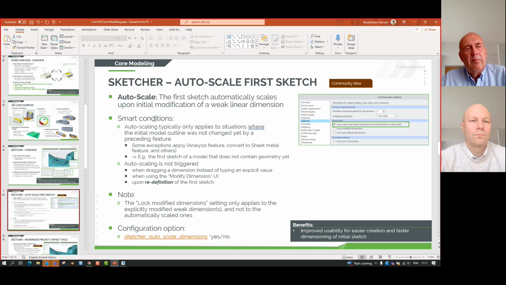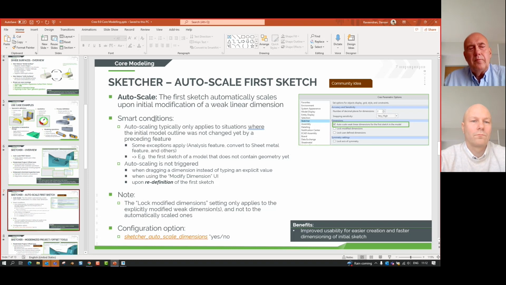So what would happen in Creo 8 and prior versions is that when they would start to make modifications to these dimensions, they would see that the sketch would go all haywire and the aspect ratio would be completely changed as a result of this change. So the geometry they had initially with these sketches would not be preserved.